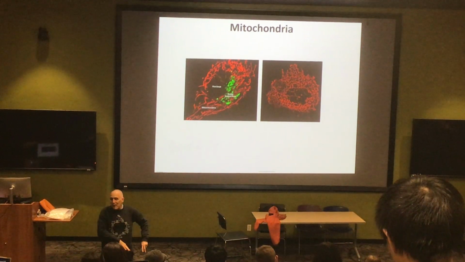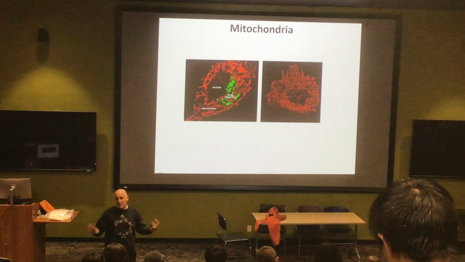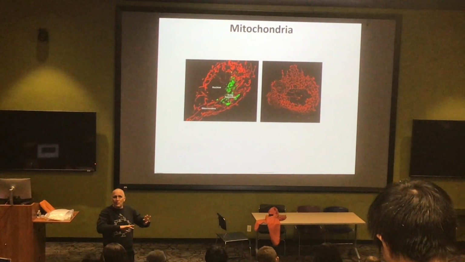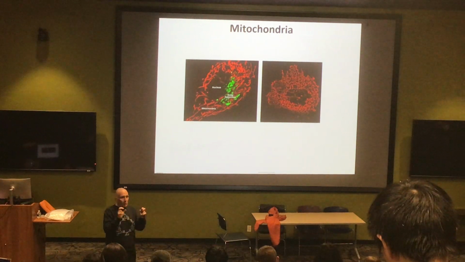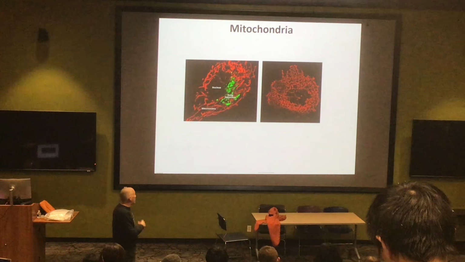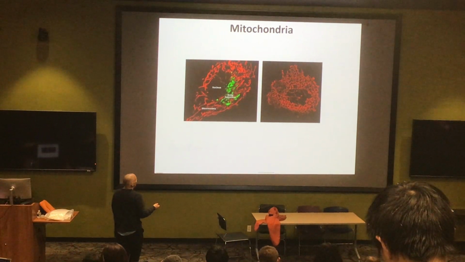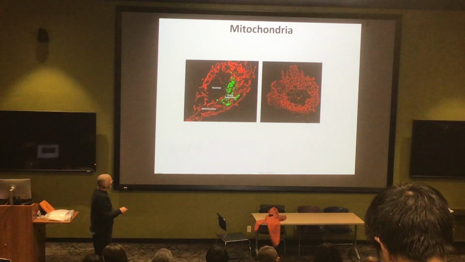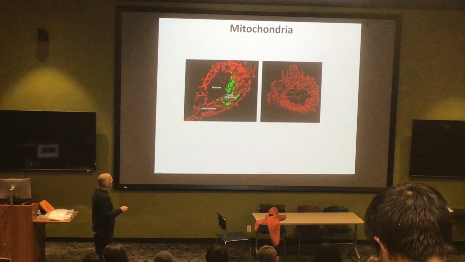I mean, it's the one that's probably still in your textbook, unless you just bought the most recent version. But this image, or this idea that the mitochondria are these localized, discrete, bean-shaped structures that are just kind of floating around the cytosol is not correct. What you're actually seeing here is an image of a cell, and all of this red is actually a fluorescent marker for where the mitochondria are.